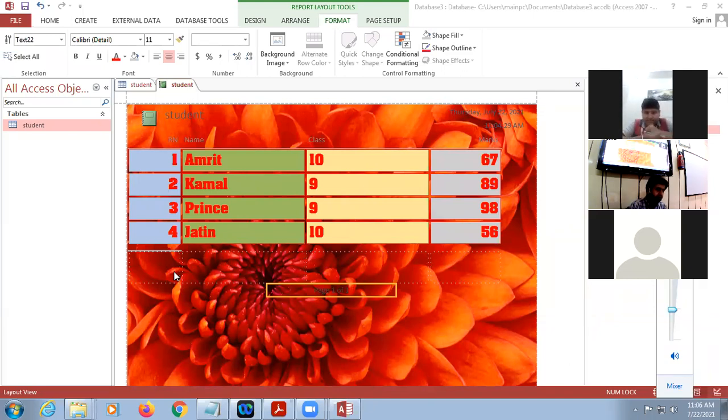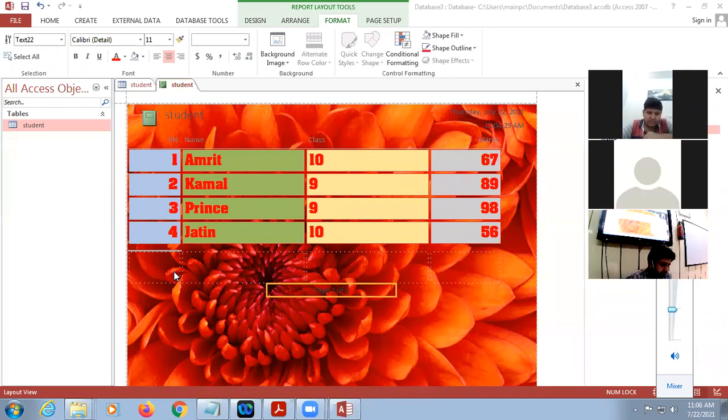Now, page number 54. Which query allows addition, deletion, updation, and appending operations on data? Yes, Prabal. Sir, action query. So it is an action query. Good answer. Next, which query prompts you for input before it runs? Sir, parameter query. Yes, parameter. Parameter means value. You will have to give the values, you will have to give the parameters.